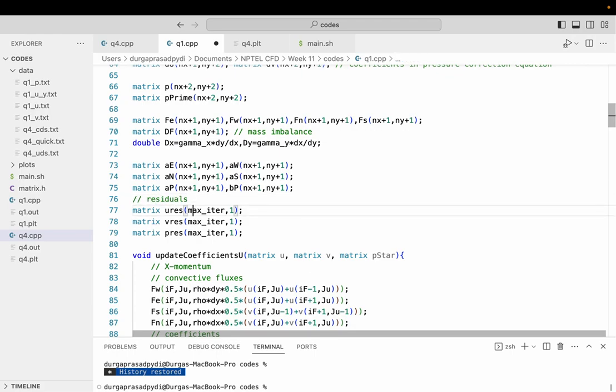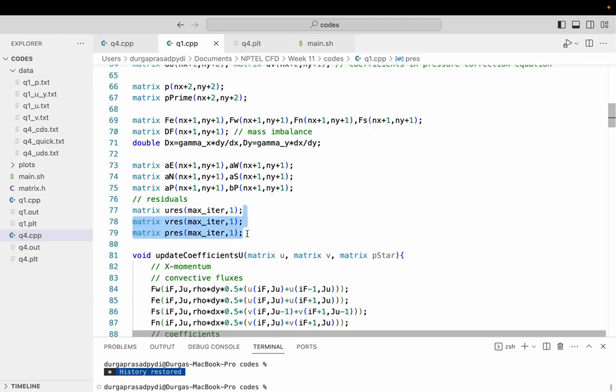Residuals are basically when you are trying to solve using an iterative method, say Gauss-Seidel or something, then you won't be exactly solving it, so you have some residual left. So u residual will store the residual after solving your x momentum equation, v residual along the y momentum equation, and p residual is only for your pressure correction equation. So maybe I can ask you a straightforward question: do I require all of this to be 0? Ideally yes, but then